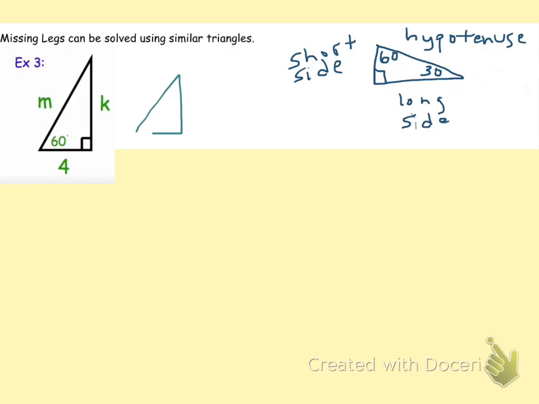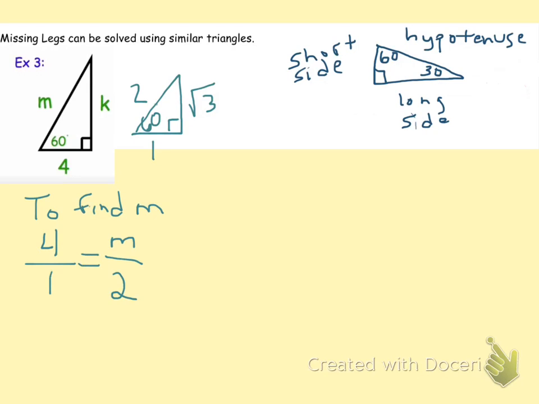A reference triangle is a 30, 60, 90 triangle with our side ratios of 1 across from the 30 degrees, square root 3 across from the 60 degrees, and 2 across from the 90 degrees. This is our ratio for 30, 60, 90: 1, square root 3, to 2. So, to find M,